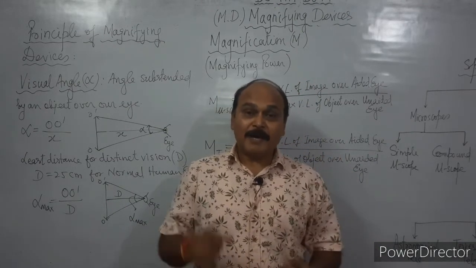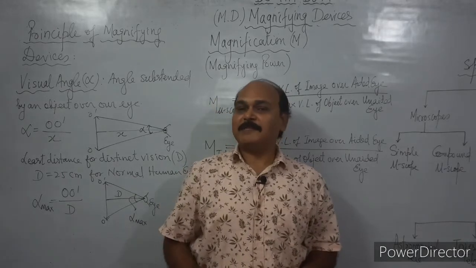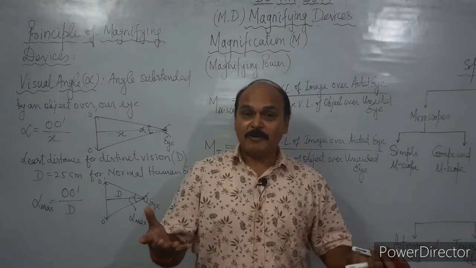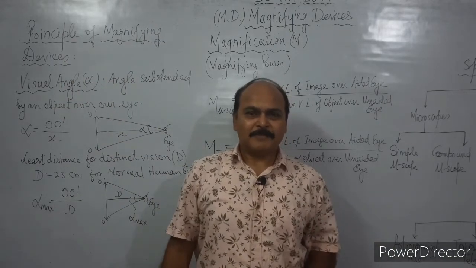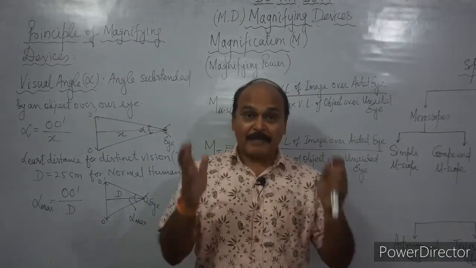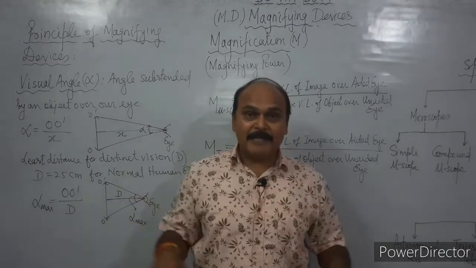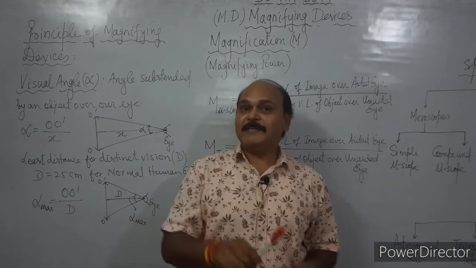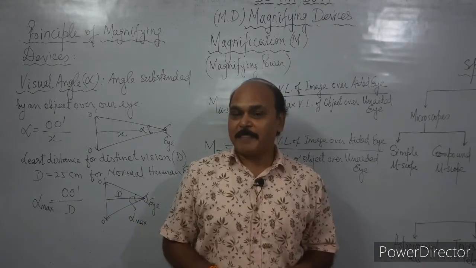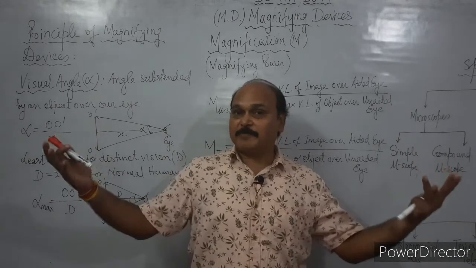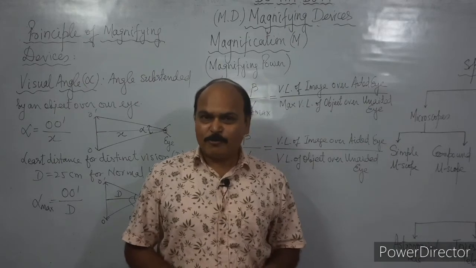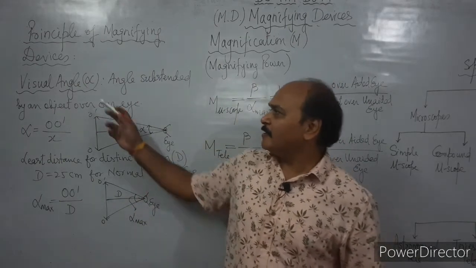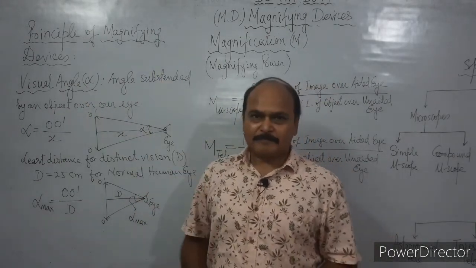Number one, either the object is too small to be seen, it is really small, or it is far away from us. The objects which are very small, really very small, are nearby objects. For them we need microscopes, and to see the distant object bigger we need telescopes. Well, to understand further, let us study what is visual angle.